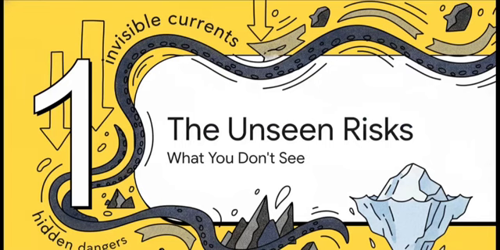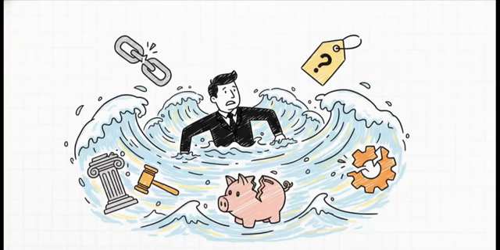But before we can really appreciate how we measure the market, we first have to respect its hidden dangers. Because let's be honest, in the world of finance, it is almost always what you don't see that ends up hurting you the most. So anyone who's in the market, especially when you get into more complex stuff like derivatives, is basically navigating a minefield of risk. And most of these risks fall into 5 big categories. Getting a handle on these is absolutely key to understanding the whole picture.